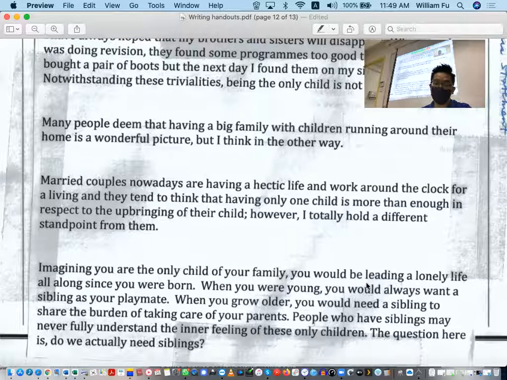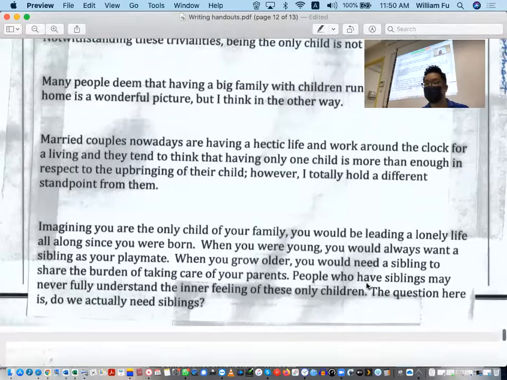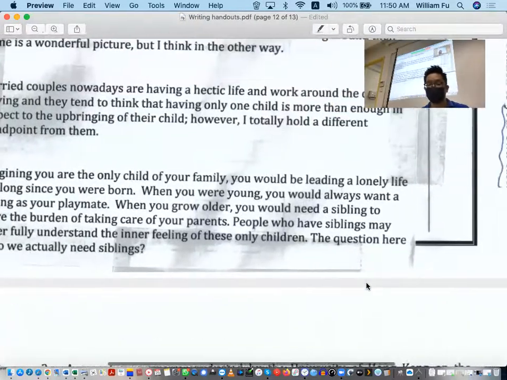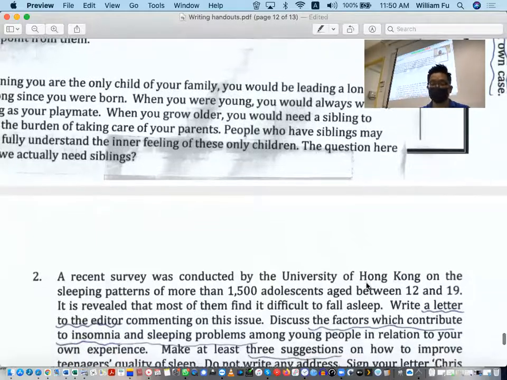Okay, but when you were young, you would always want a sibling as your playmate. When you get older, you would need a sibling to share the burden of taking care of your parents. Okay, people who have siblings may never fully understand the inner feeling of these only children. Okay, the question here is, do we actually need siblings? Okay, so these are the four questions for introductions. Second question, next page,